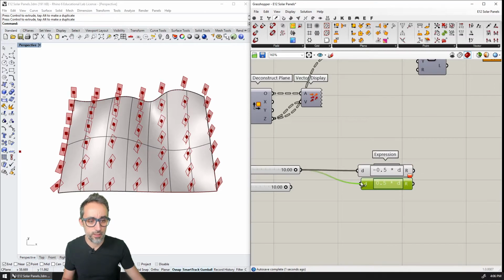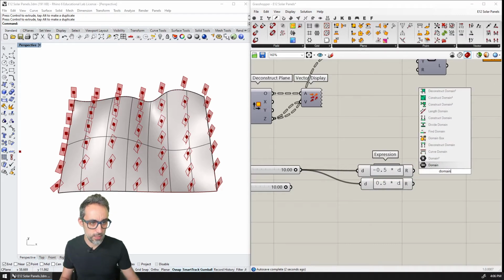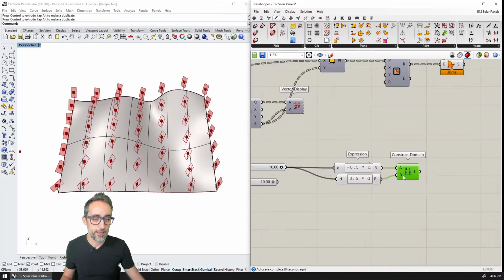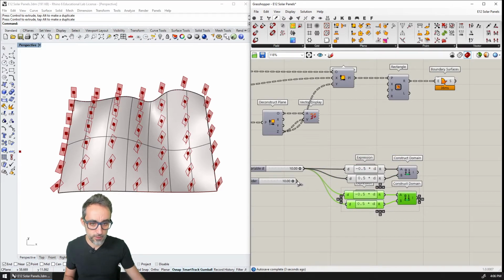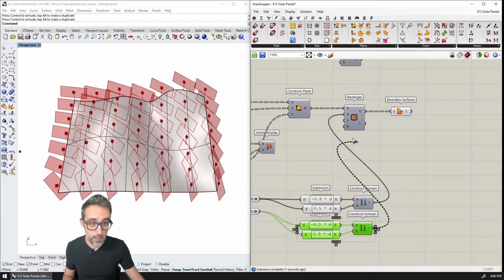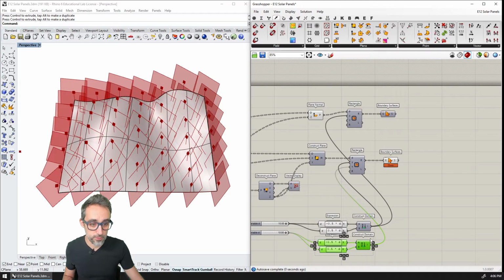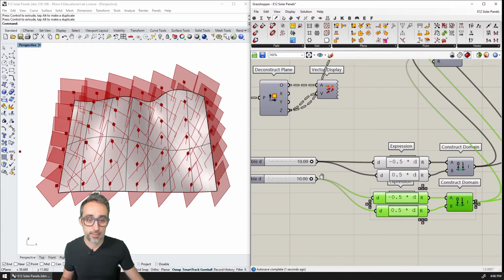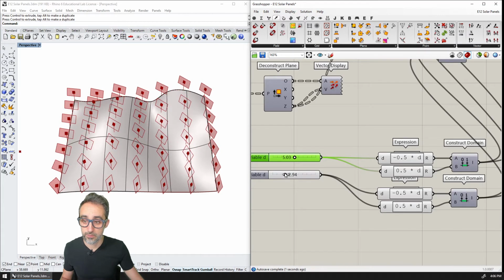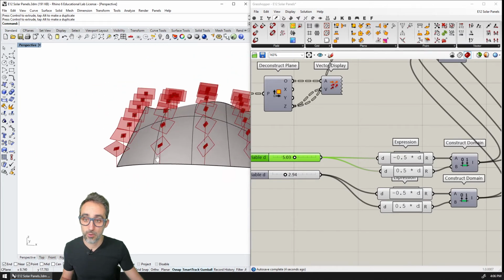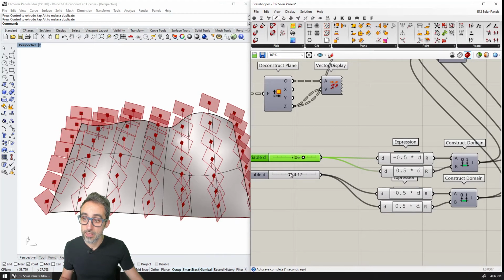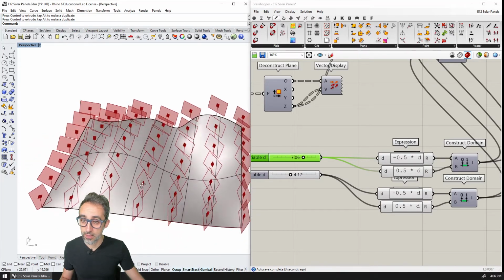This is going to be here, and I'm going to construct a domain between these two, and then I'm going to copy and paste this for here, and these are the dimensions that I'm going to use for the panels. So this is going to be here and here, and these are also going to be here and here. And now I can say what the height is going to be, or what the width is going to be. And you can see that now all the panels are very nicely distributed in a consistent way to the sun.